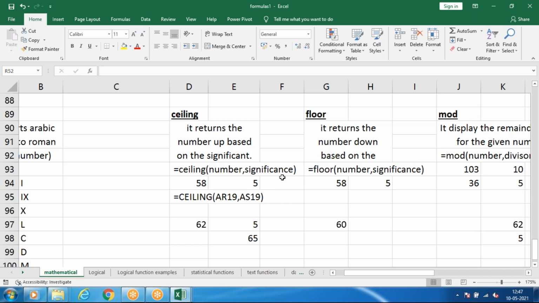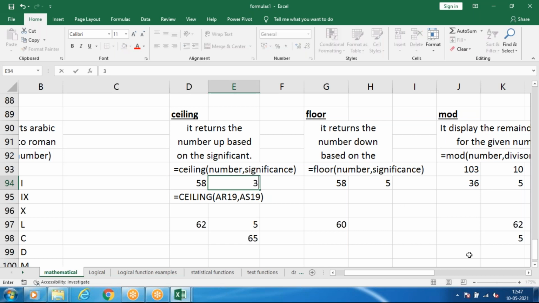Suppose in your company or in a classroom, I want to put tables. For example, each table can contain only 3 chairs. So when I want to add the chairs, I have to first find how many.